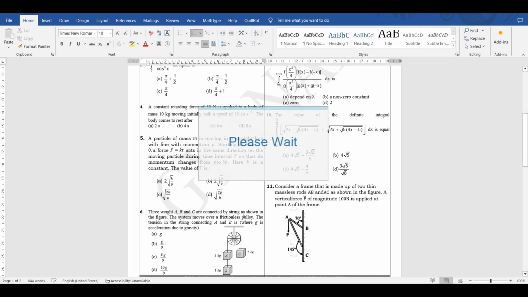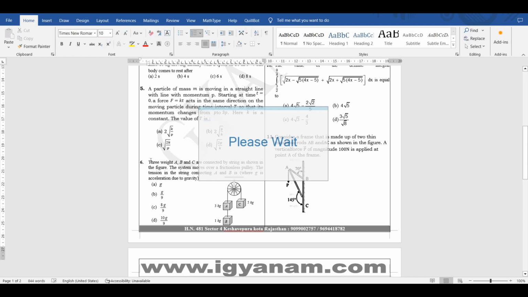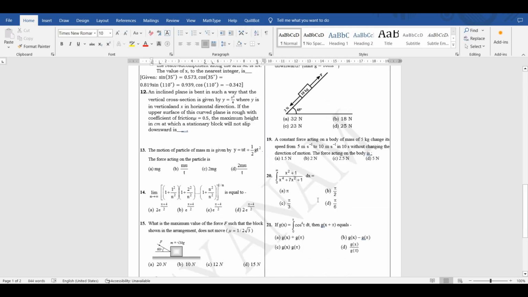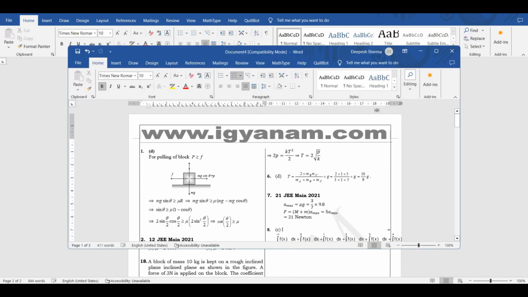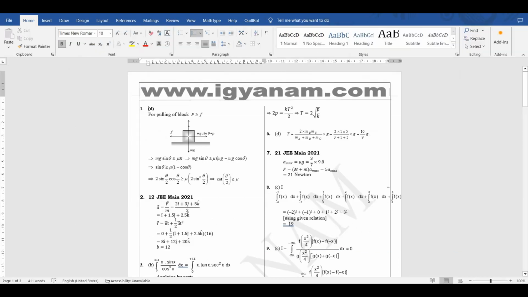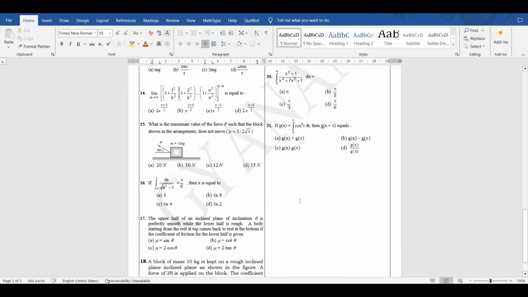So here we have the questions. You can see this diagram-based question, 3 weights ABC, is now at number 6. So like this, if you want to generate the same paper in set format, set 1, set 2, set 3, this is also possible in our software. So this is the question paper file, and here we have the solution file. Every time the software will generate 2 files. The first one will be the question paper file, and document 2 will be the solution.